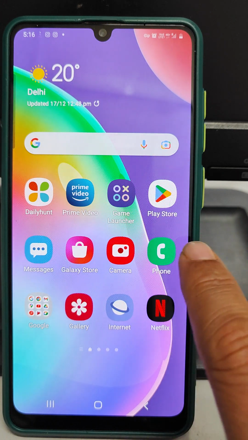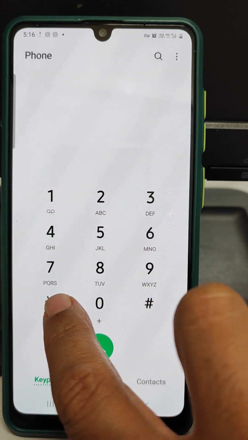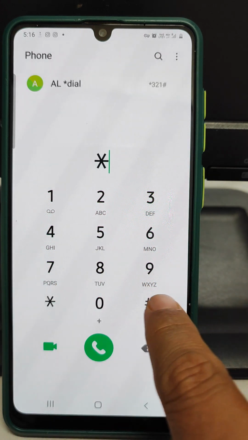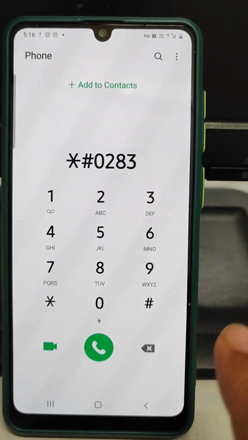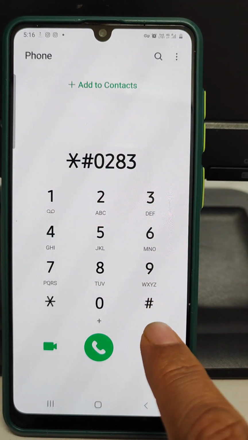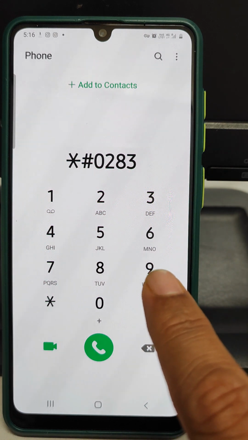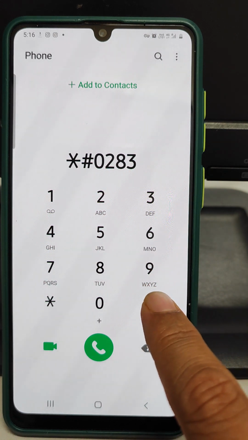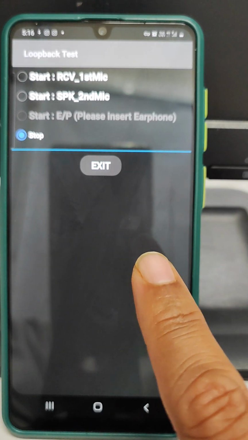So first go to the dialer mode. In dialer mode, just dial star #0283. Please note it down. As soon as I press hash again, the complete code will be star #0283 hash. It will go into the diagnostic mode of